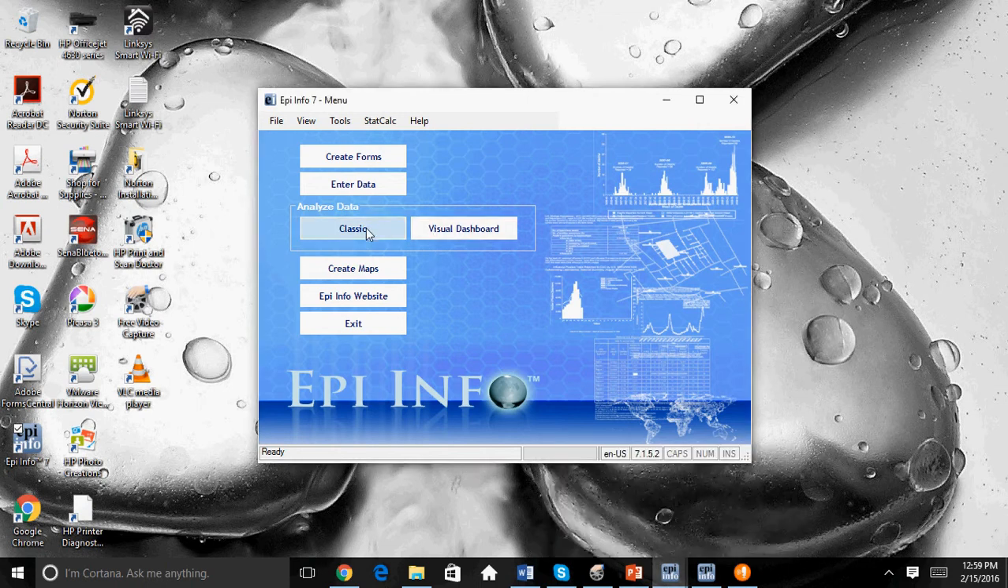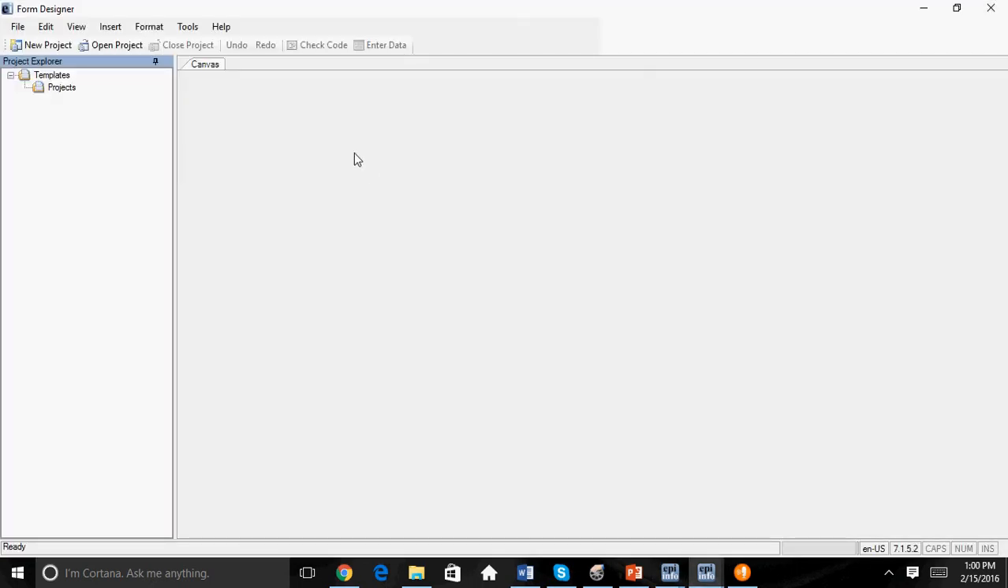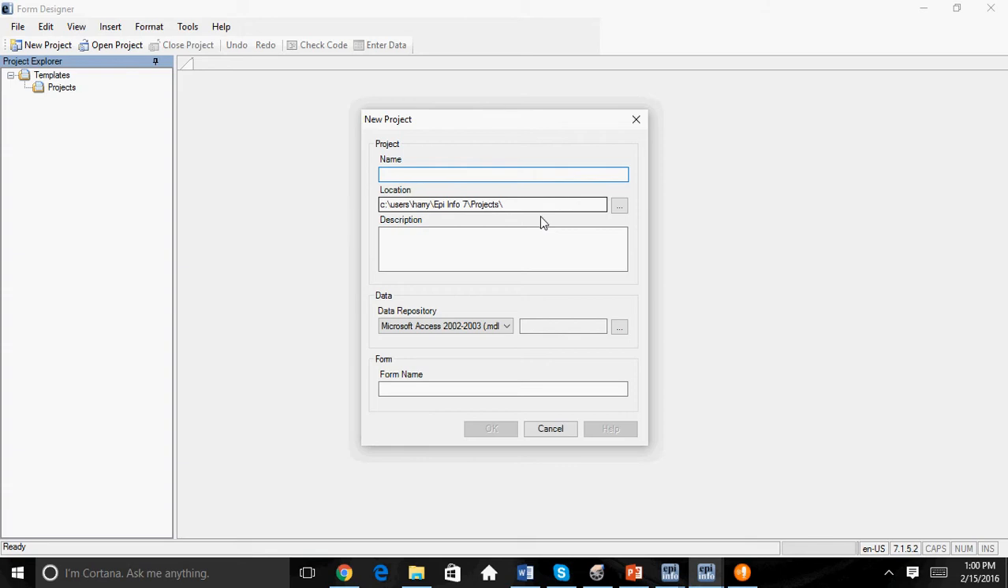You should see the classic version and the visual dashboard. For this session, we'll be mostly focusing on the visual dashboard. And to be able to do that, we are going to create a couple of forms so you understand what it means to be able to do that. Okay, once you click on it, you can click on New Project, and that should allow you to see this. Okay, and so for this project, we will call it